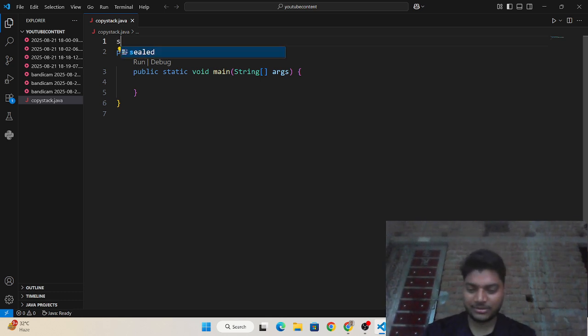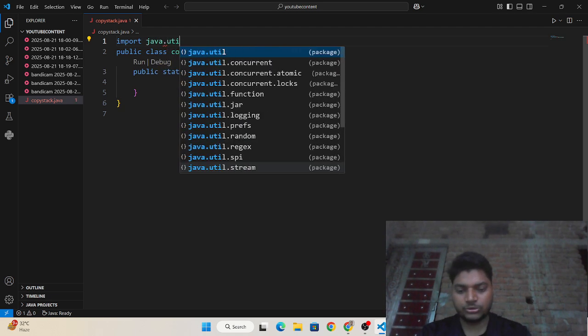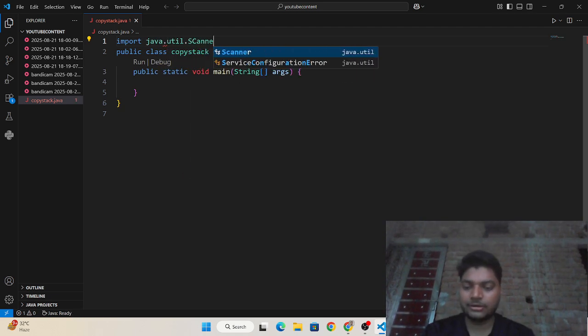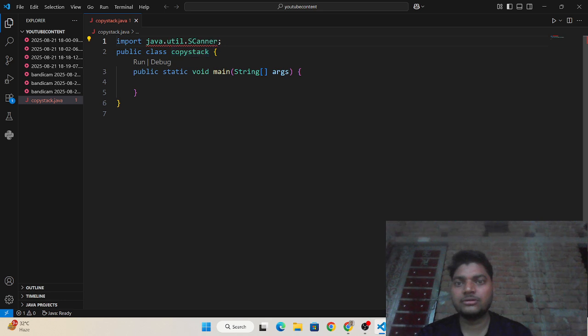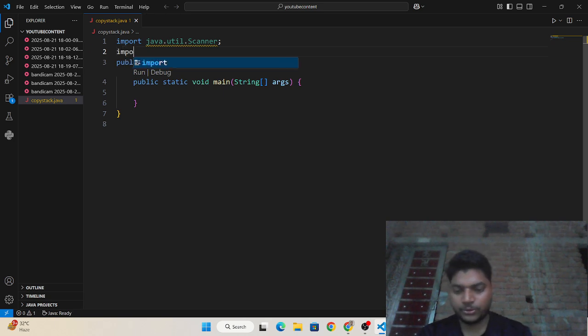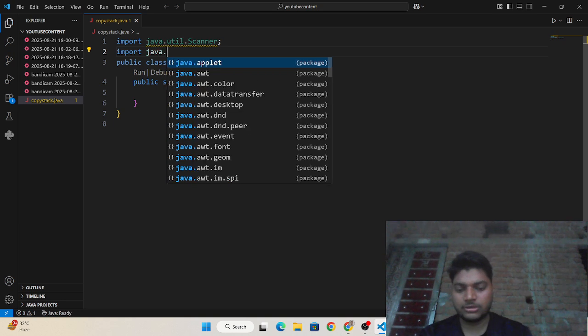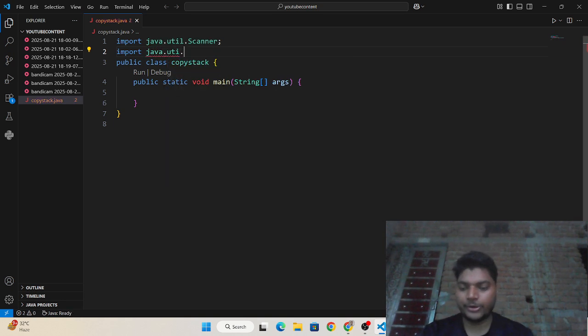So I need to write import java dot util dot Scanner, and import java dot util dot Stack.